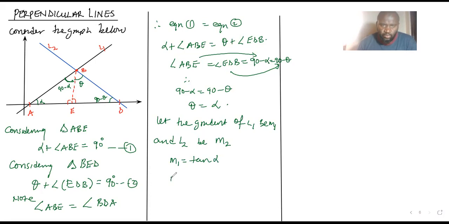Then M2 will be equal to, remember we said the tangent is positive if the line is facing like L1, while the tangent is negative if the line is facing like L2. If you remember that definition also. So it means one can say the tangent of M2 is the tangent of theta, which is going to be a negative